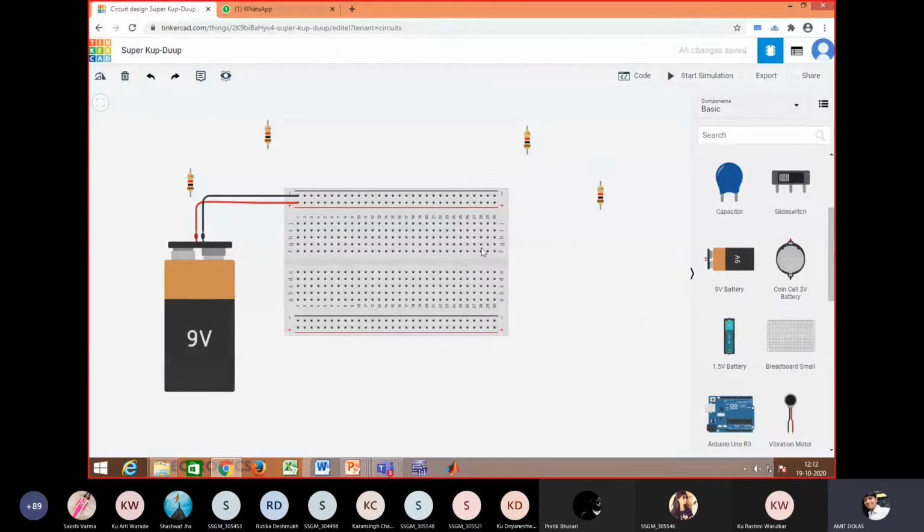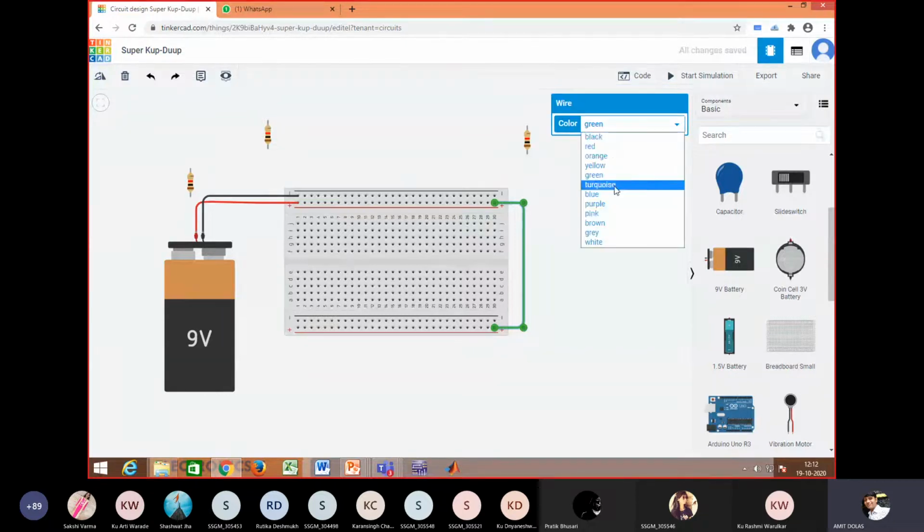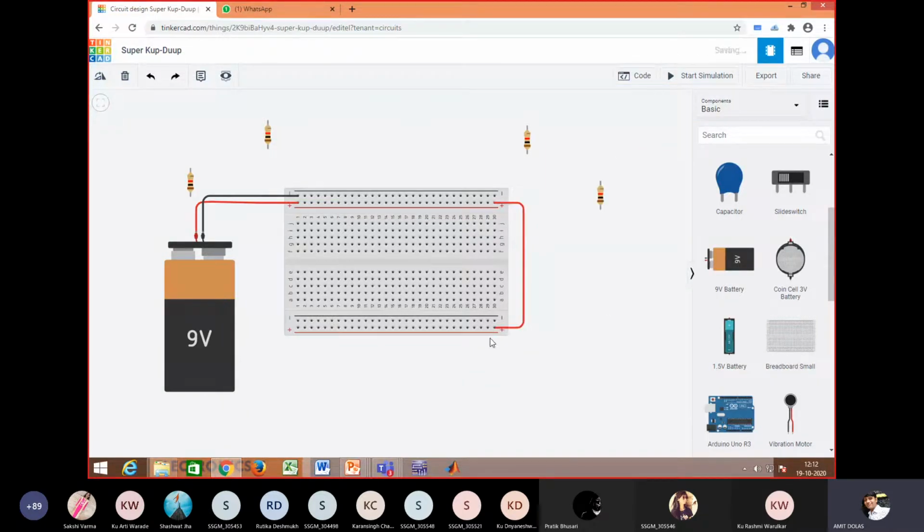If you want additional supplies, you can use this one like this. So you can see positive. I made all these points positive, so I'll mark it red as I'm using red for positive. So these complete points and these complete points will be the positive terminal.